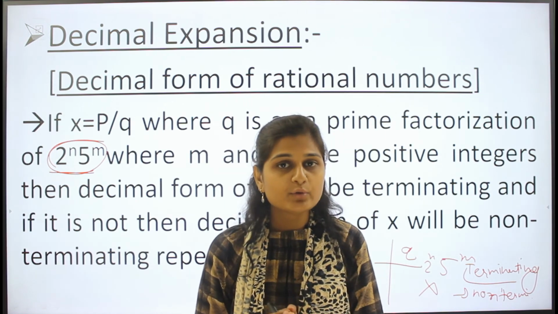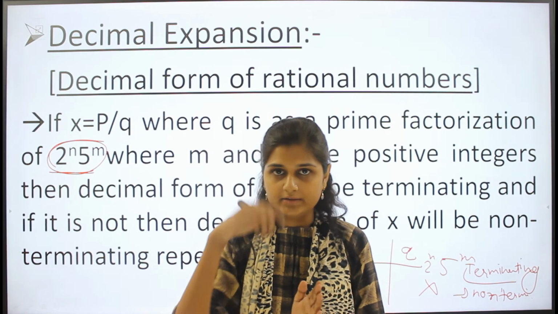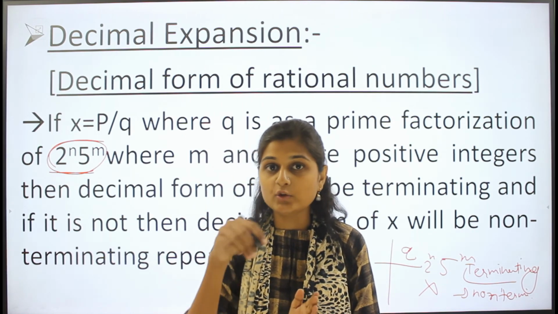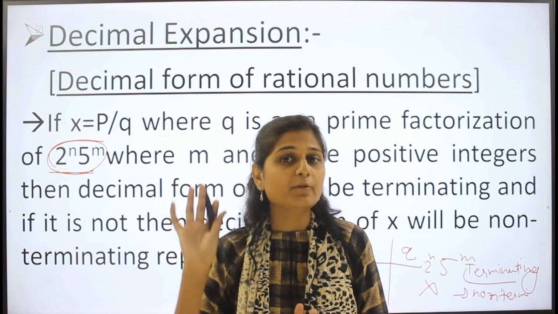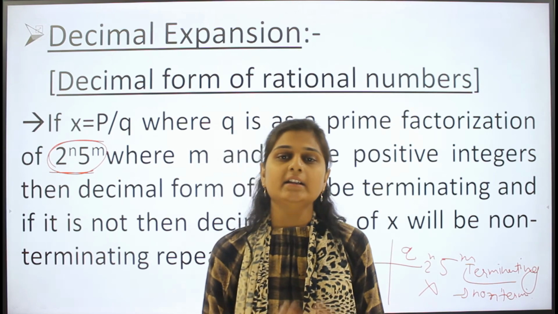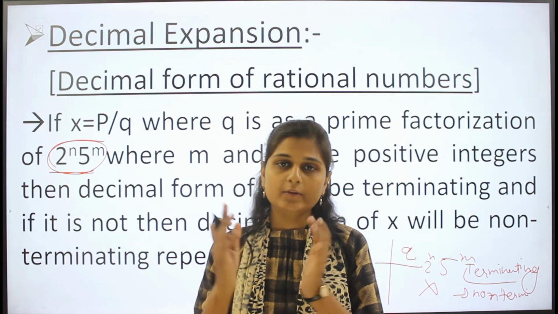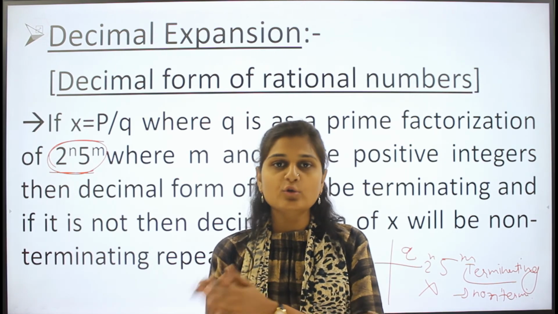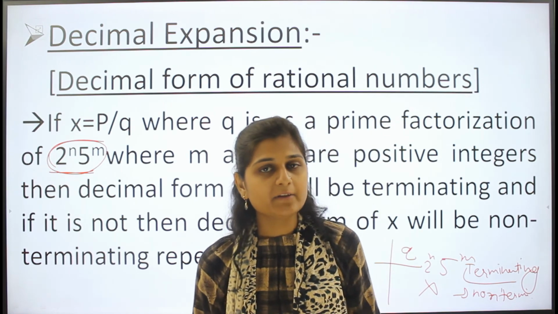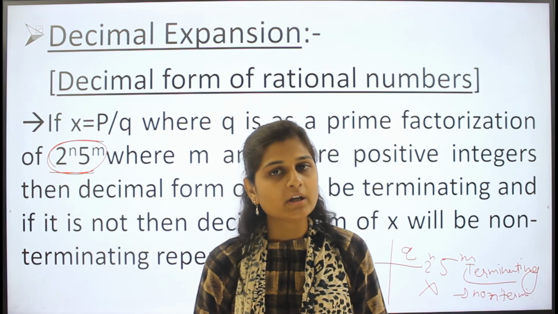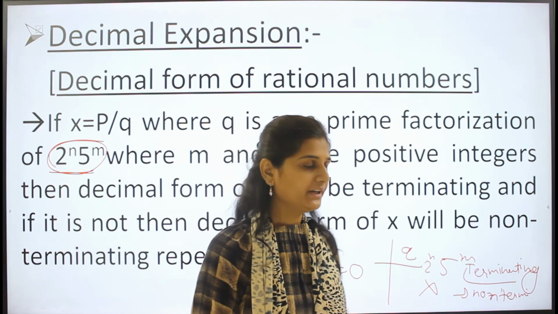Whether the following value is terminating or not, what you have to do is just find out the factors of the denominator. Remember, in p by q, q is the denominator, so you have to find the factors of denominator q, and if you are getting the factors as 2 or 5 or both, then it is terminating, and if you are not getting the factors as 2, 5 or both, then it will be non-terminating. So we will learn about it in detail.